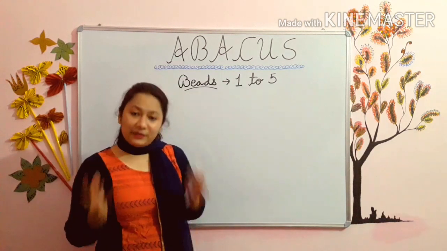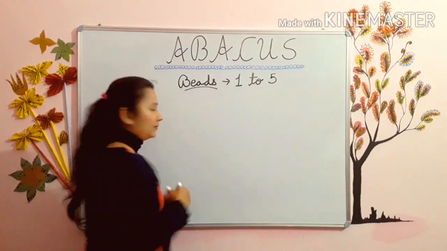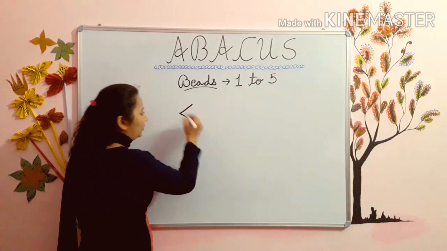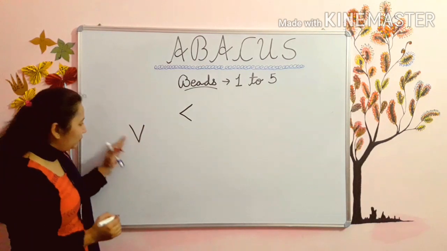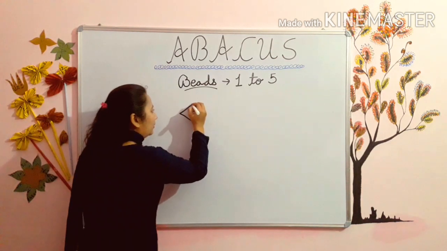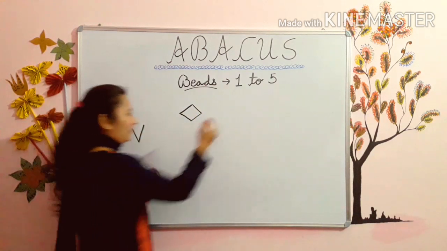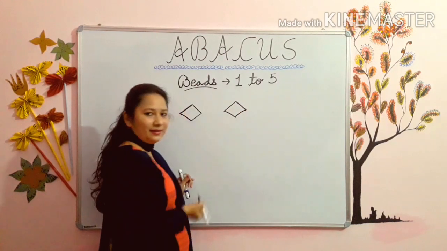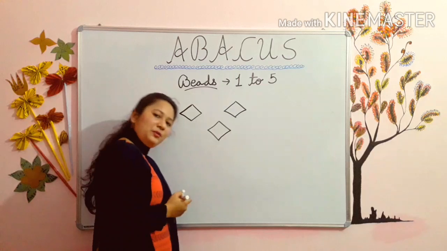Some students can find difficulty in making the beats. Students, one more time I am telling you how to make a beat. See, first of all, make a V. You make V, right? V for van, that is how V is made. Then what do you do with the V? Just tilt it. V. Then V. See how easily a beat can be made. And you can easily make this beat.